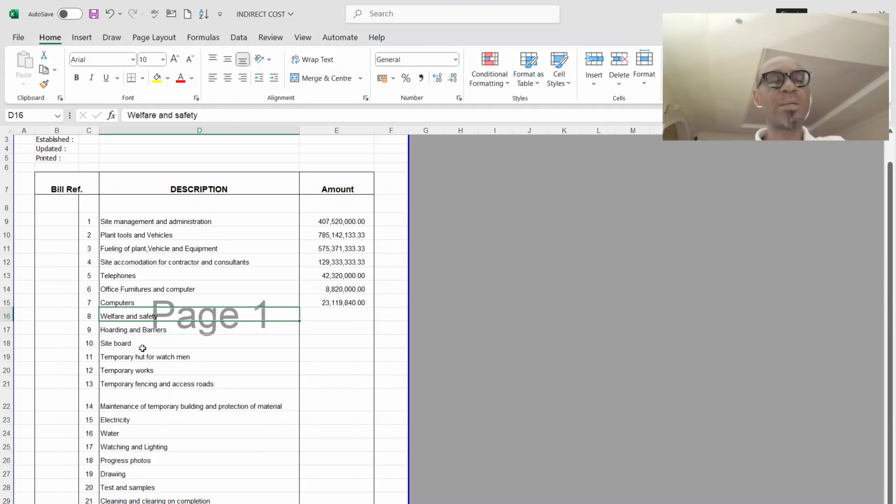And as a project manager, it will be unheard of when somebody dies on your project as a result of negligence, because adequate safety was not provided during the course of construction. So this is an item that you have to be methodical when pricing it to make sure that you capture every angle, everything that is necessarily needed to make that project a safe environment for work. Having said this, we go straight to